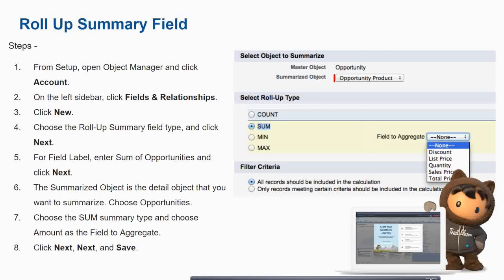You go to setup, open the object manager, open the account object, and then click fields and relationships. You click a field, in this case a roll up summary field. If it's a master detail relationship, you click on master detail. If it's lookup, you click that and then go next. You customize and save, and there you go. That is how you create a roll up summary field.